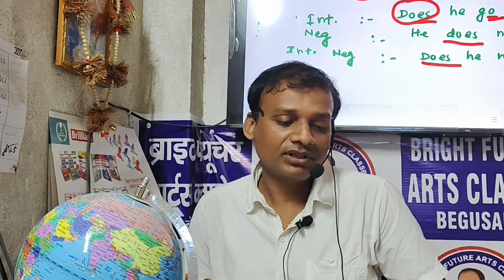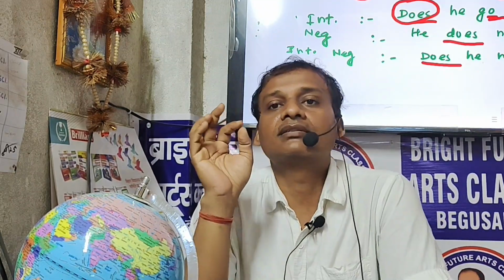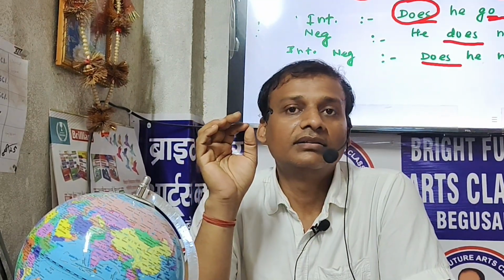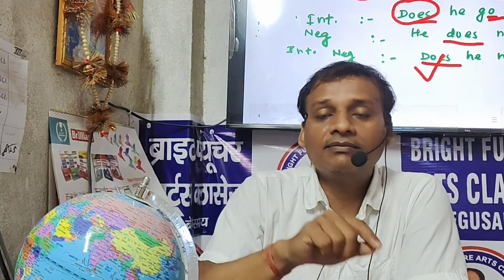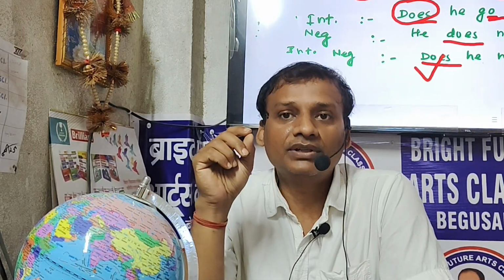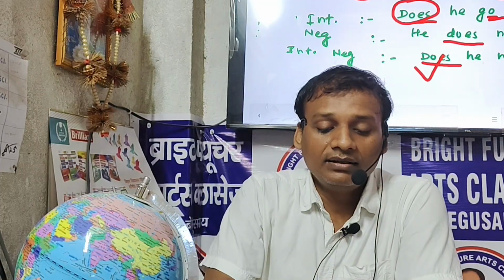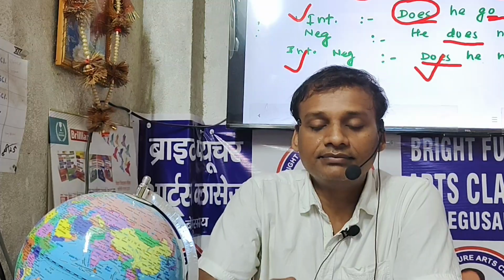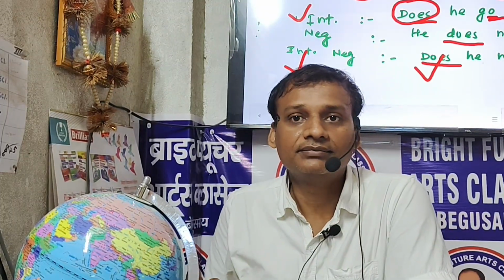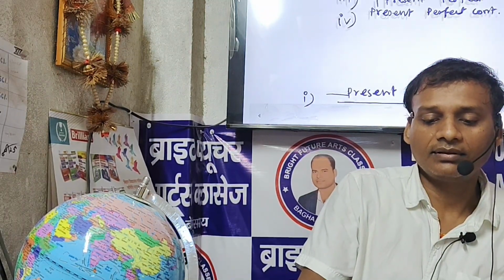Now, the second question I'm going to ask: if you write do or does, the verb should always be without S-E-S. True or false? If you have used do or does, the verb should always be in the first form, without S-E-S. Correct? Check once. If it is interrogative, the sign should be a question mark. Clear? Now leave it here. All of you have written.